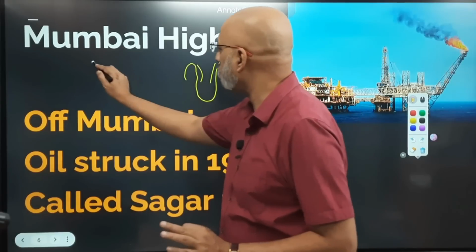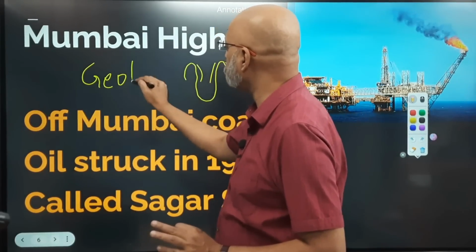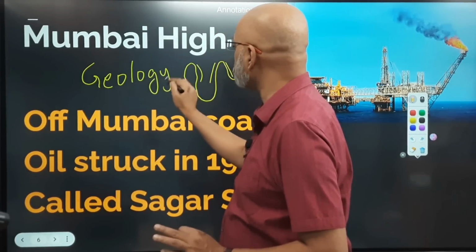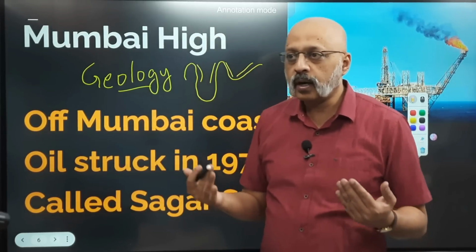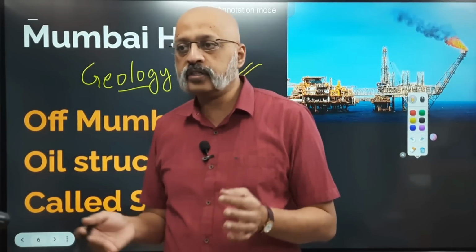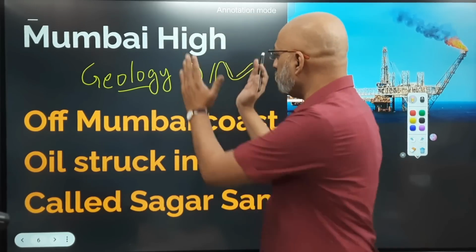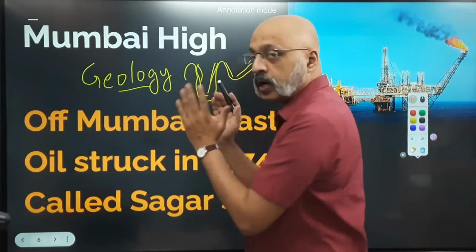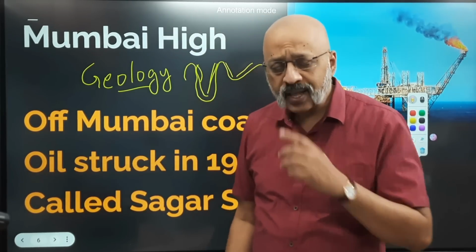It's a geological term. I hope you know what geology is, which deals with structures under the earth's surface. A syncline is a term in geology in which the beds dip towards each other. There is a specially designed platform for drilling, and it drills oil from a depth of 1,400 meters. Then there is the Digboy oil field in Assam, which is another one, which is